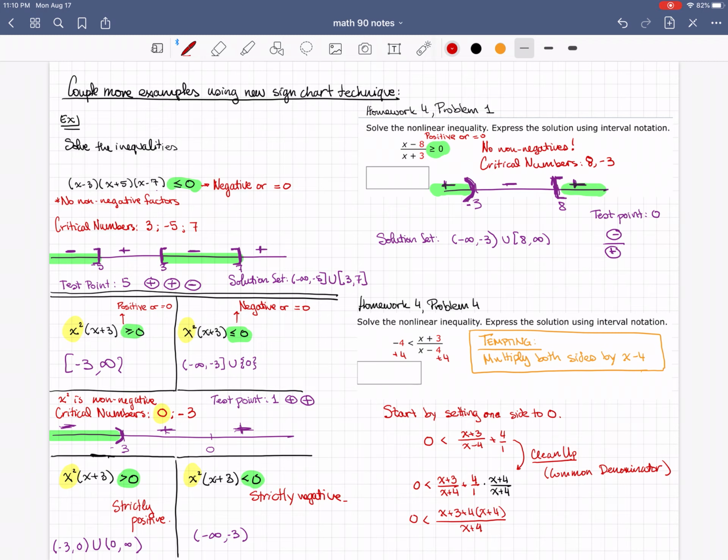Opening up and combining like terms, on the top I end up with x plus 3 plus 4x plus 16, which is 5x plus 19, over x plus 4. And I'm actually going to mostly stop here because I think you guys can see this example through to the end. Feel free to ask me questions on Friday if you have questions about how you see this through to the end. But the only thing I will say to you is, remember,